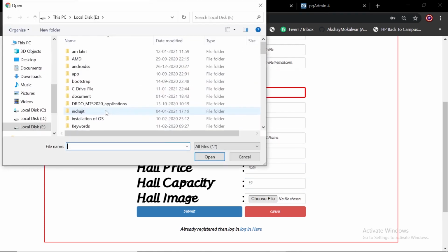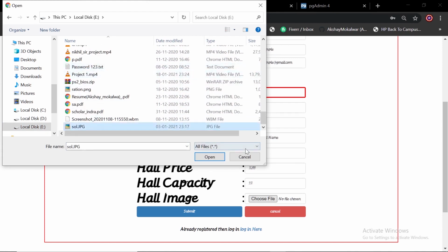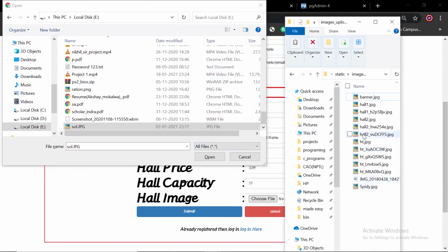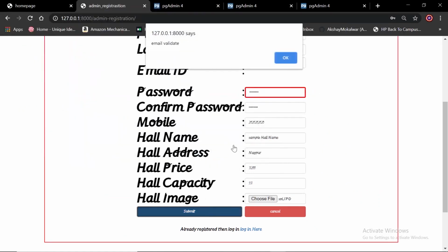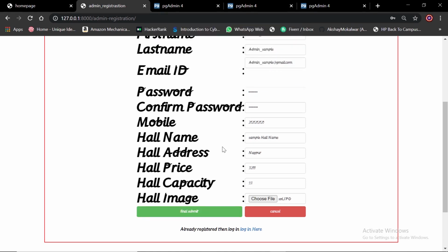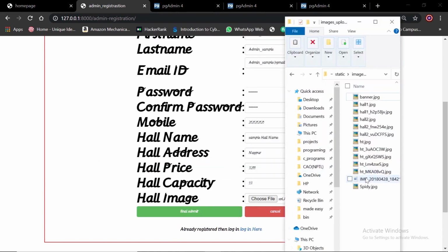Choose here. One more thing: the admin has to upload an image of the hall. This is the directory where the image is uploaded. Let's select the image sol.jpg.